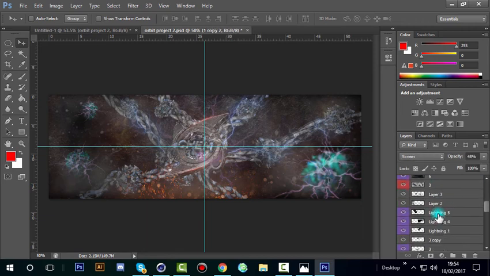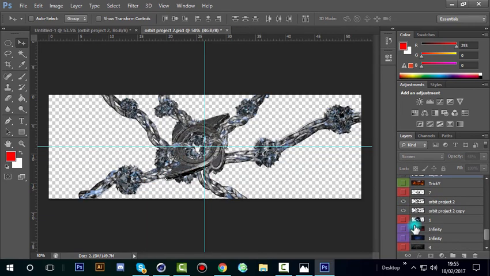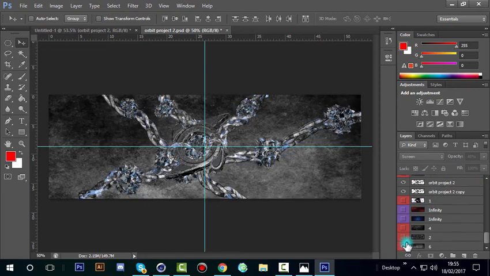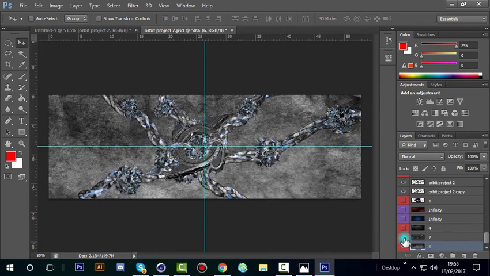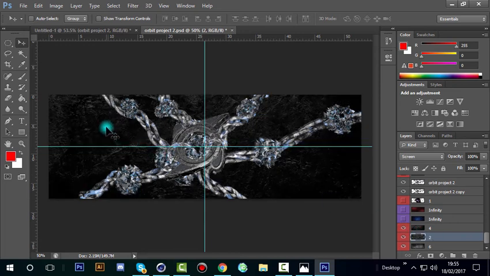Just do that. Right, this is basically the render, and I added a texture to the background, just like a smooth texture. Then I added a rougher one, but put it into screen to give it some more effects. And then I went for a darker one, put that in